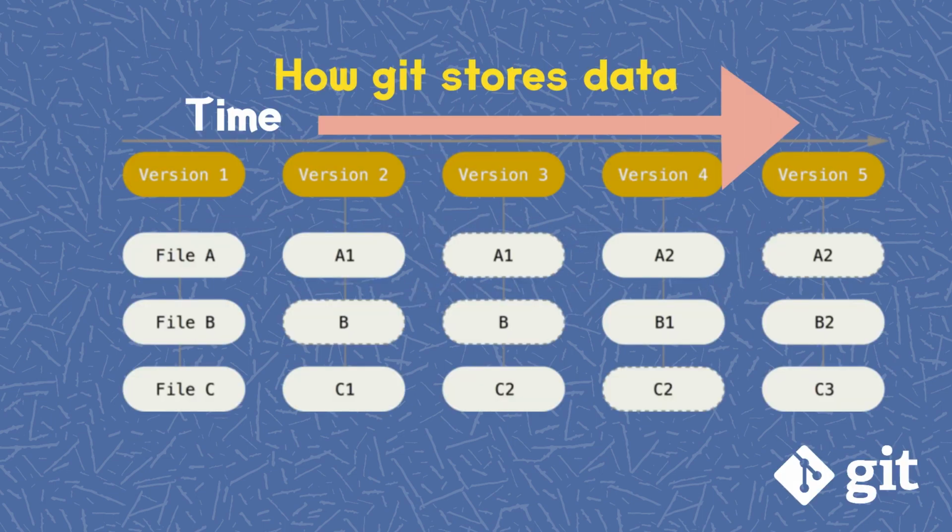Git stores its data more like a series of snapshots of a small file system. With Git, every time you commit or save the state of your project, Git basically takes a picture of what all your files look like at that moment in time and stores a reference to that snapshot. To be efficient, if files have not changed, Git doesn't store the file again, just a link to the previous identical file it has already stored. With few commands you can revert your project to any